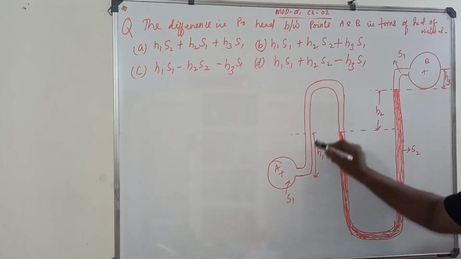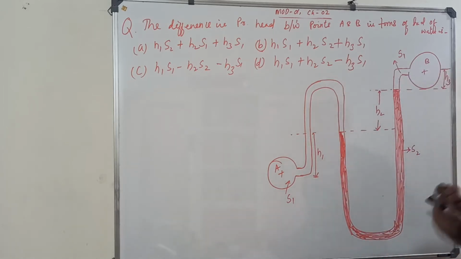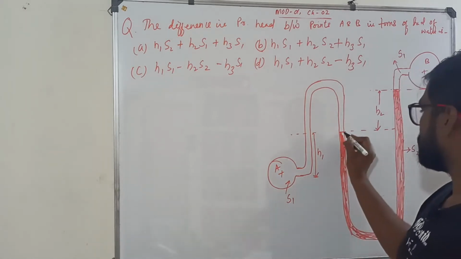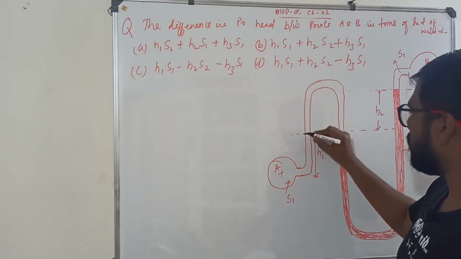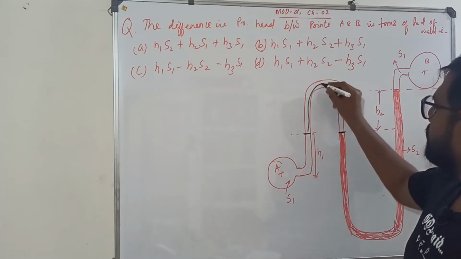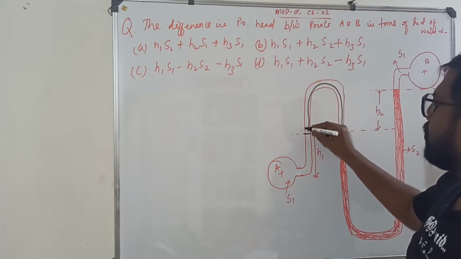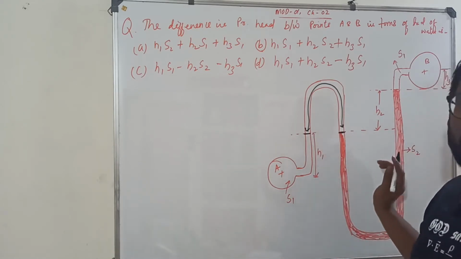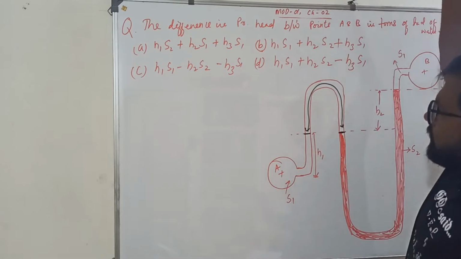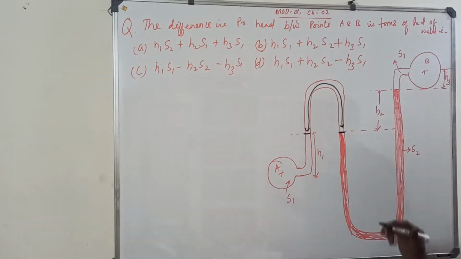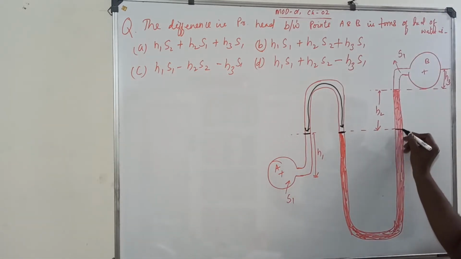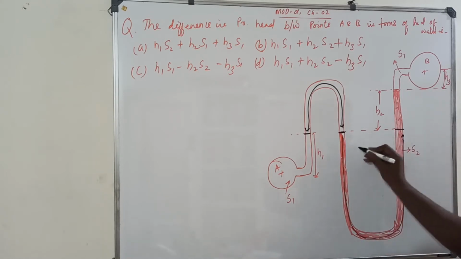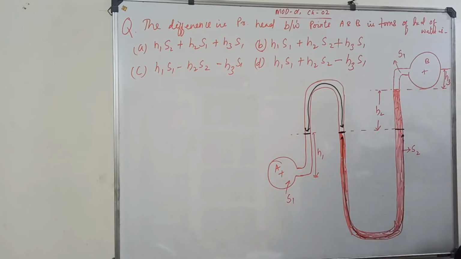See, this S1 is still here. Here also S1 is still here. So the only thing is Pascal's law, you remember. Up to this side and this side, whatever the S1 is there, it is the same continuous mass of homogeneous fluid. So pressure here and here is the same. So you can neglect it. Similarly, the pressure here and here will be the same, because same continuous mass of homogeneous fluid. So you neglect it.